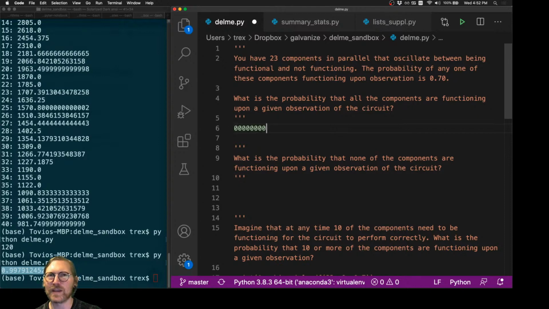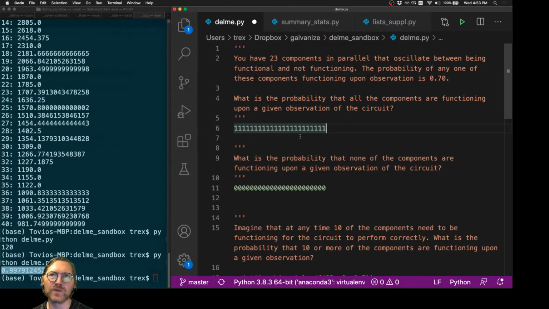So 1, 2, 3, 4, 5, 6, 7, 8, 9, 10, 11, 12, 13, 14, 15, 16, 17, 18, 19, 20, 21, 22, 23. There's going to be an occurrence where all of the components are not functioning, right? I'm sorry, this would actually be down here. We would consider this to be not functioning, probably, if we're considering 0. Whereas all of these being 1, we might think of as all the components functioning. Okay, fair enough. Now, if this was 0.5, we could just say